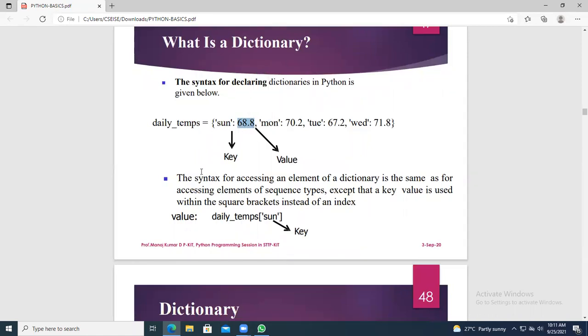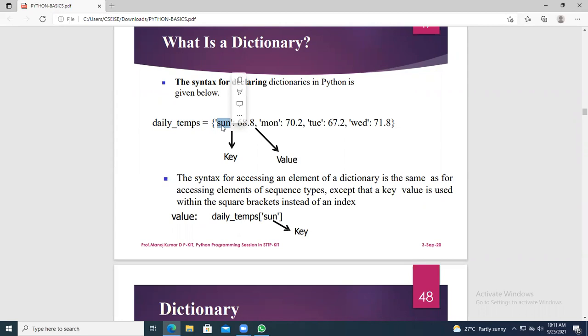Okay, so now you come to the syntax for accessing an element of a dictionary. It is the same as accessing the element of sequence types, except that the key value is used within the square brackets instead of an index. So if you want to retrieve this value 68.8, you can give the key value as the index. For example, take daily_temps of sun. daily_temps is nothing but a dictionary variable, and inside it you give one of the key values.